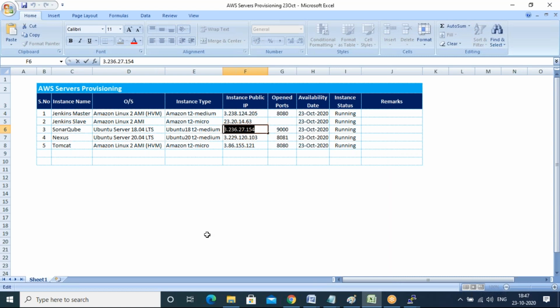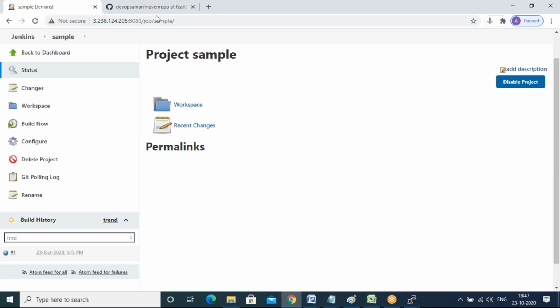Okay, so just a one-time task. First time only you have to understand what exactly they are doing. You have to configure how to connect to this application. Because where your job is running, your job is,